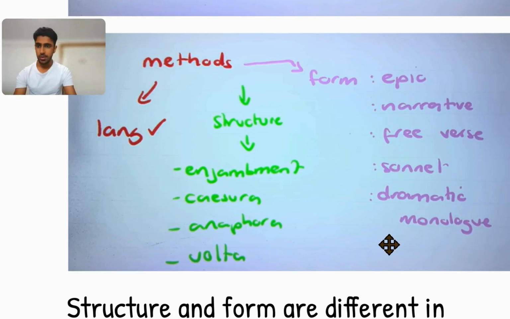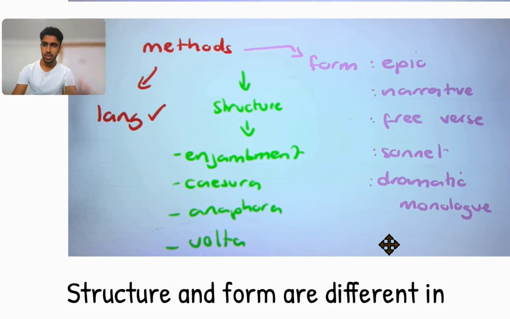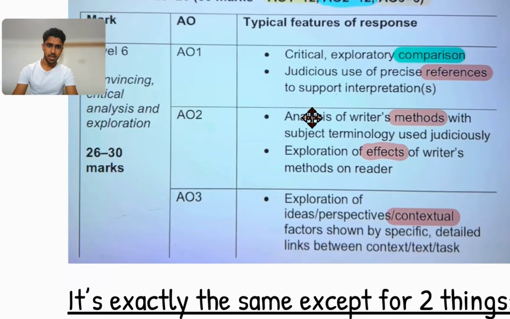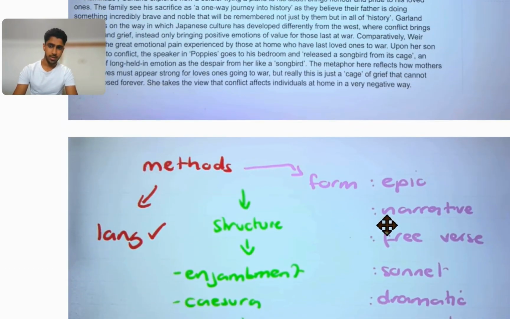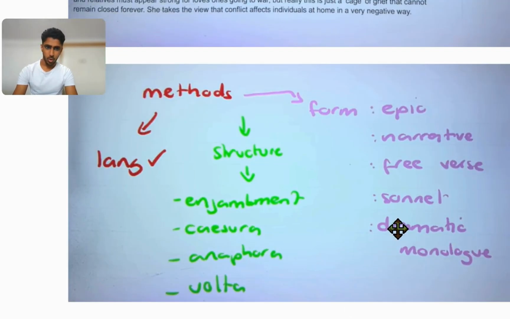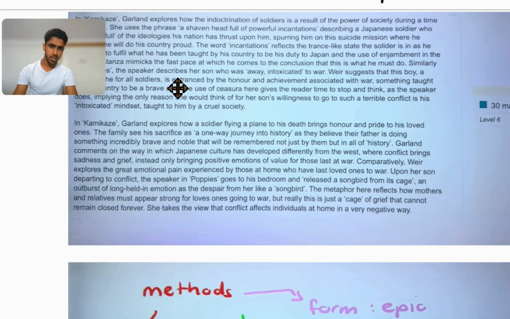There's different forms of content, there's different forms of poems. So learn that so you can analyze it. Because when it says analyze the writer's methods, you should be analyzing language, structure, and form. If you don't know the poetic specific writer's methods, you can't get high grades like this because they've used the